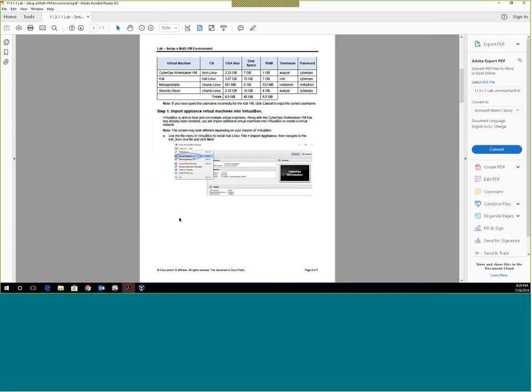Or if you're trying to do this remotely, you must put a requirement on that student machine at their house that they have a big honking machine, okay? Because if not, they're not going to have a pleasant experience with these labs at the end. Of those of you who have completed the labs at the end, what do you think about them? I actually think they're some of the best labs that I've seen in a while, but they're really good labs if you've got the machine to handle it.